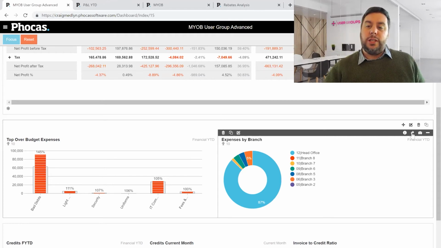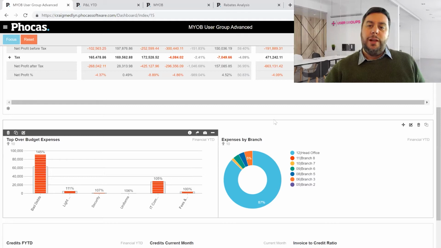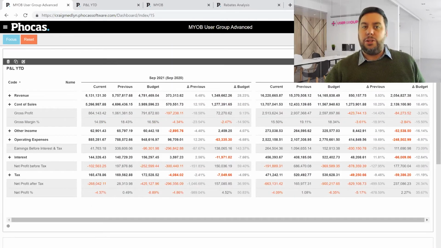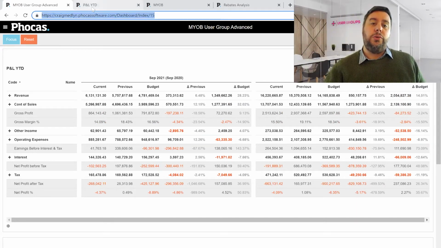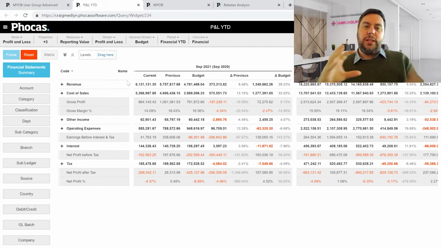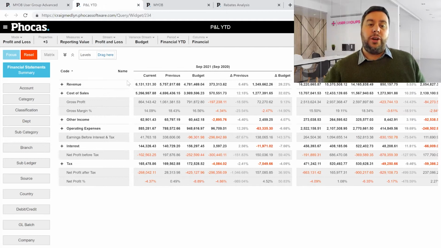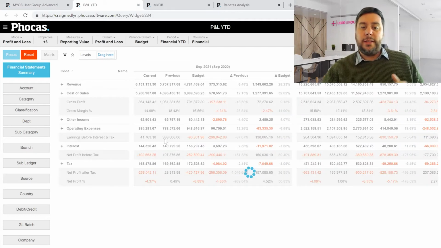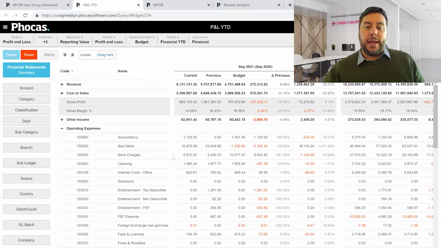And all of these widgets allow you to drill through them. Instead of drilling straight into the transactional data and looking at a whole bunch of transactions, we can drill through and do some actual analysis. So Phocas has this really powerful analysis grid that allows us to come in and ask more questions. For example, if we're looking at this particular view and we wanted to see our operating expenses, we can see where there might be some variations, why bank charges are up so high, or why our IT computer costs are so high.